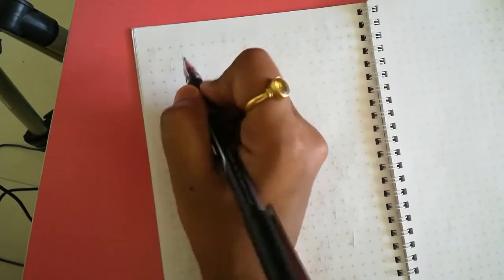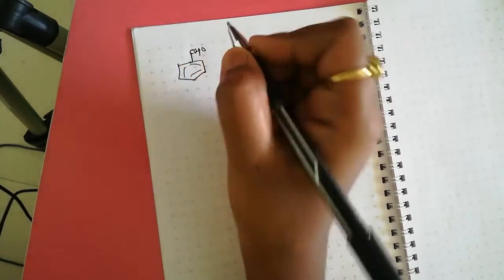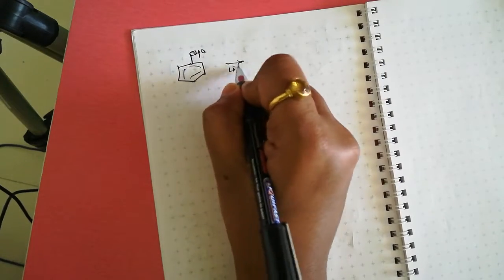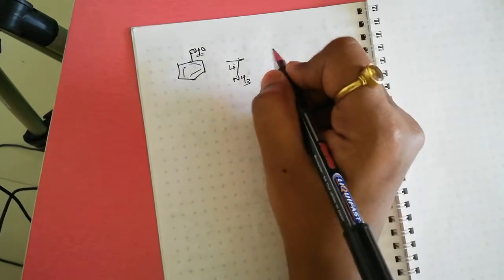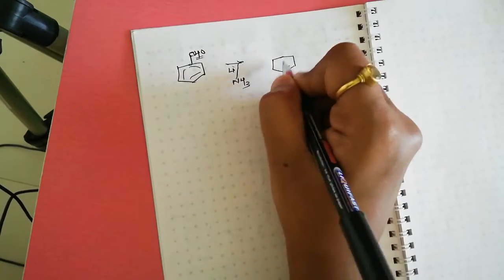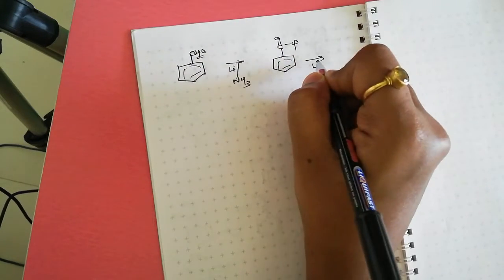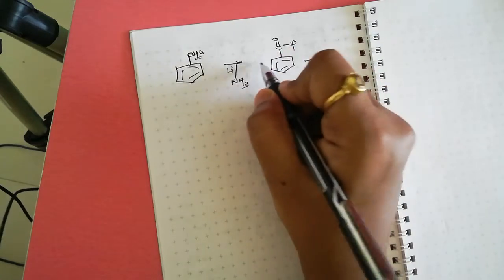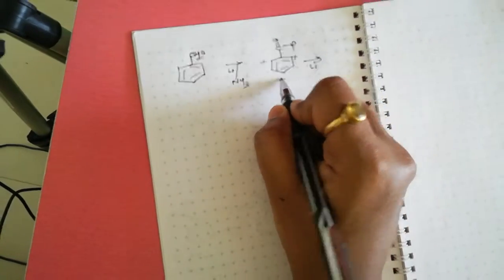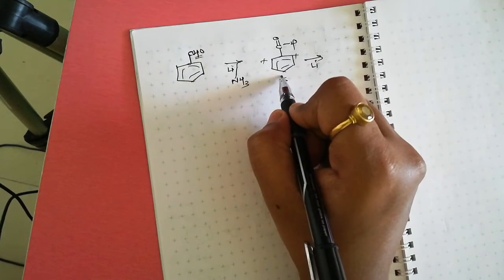Now we can see another example. This is a benzaldehyde which undergoes Birch reduction; this group is electron withdrawing. Therefore, first lithium transfers its electron here. As we know, after drawing the resonance structure, the ortho and para positions have the positive charge, therefore electron transfer at the para position.